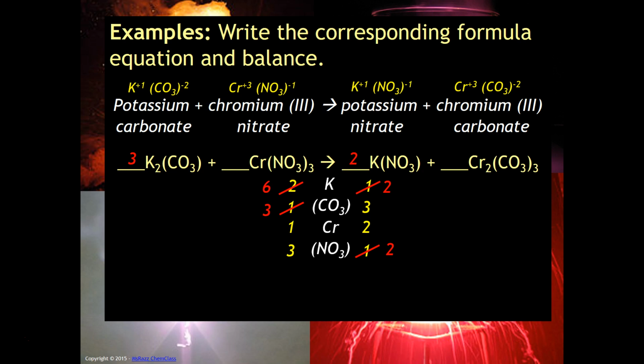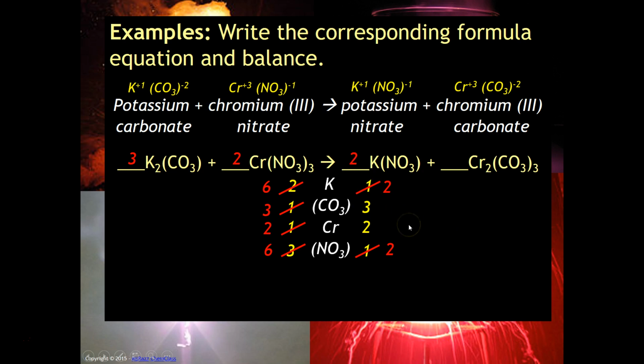You could definitely move on to go to the chromium, or you can go back to the potassium because you can see we modified the number of potassium atoms by putting the 3 in the last step. So it's really up to you. In this case, I think I went with changing the chromium. So the chromium's next. So if you notice, it's 1 to 2, so I put a 2 here. That changed the number of chromium to 2, and it also changed the nitrate to 6. Okay, so let's reevaluate here. So it looks like the potassium is still the thing that is not balanced, and it looks like the nitrate is also not balanced. So it looks like we're going to have to make sure that there are 6 potassiums